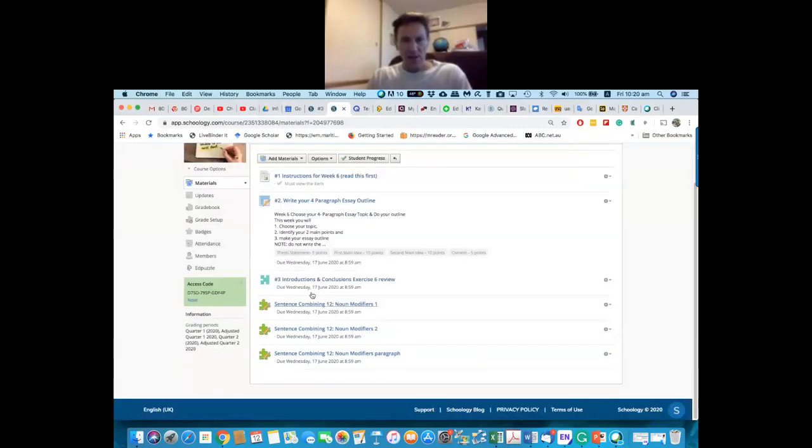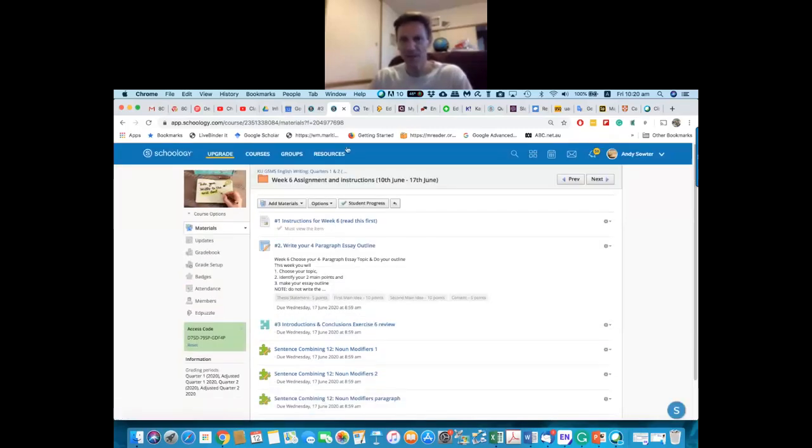The last thing you have to do for this week, the sentence combining. Okay, you've almost completed all of them. This is the final one. Okay, they get a little bit harder as we go on, so these will be the hardest. But next week there will be no sentence combining. Okay, next week all you have to do is write up your final essays and do a review. Okay, a self-edit of those essays, which we will look at next week, and then you can submit them, and we're finished for quarter one.